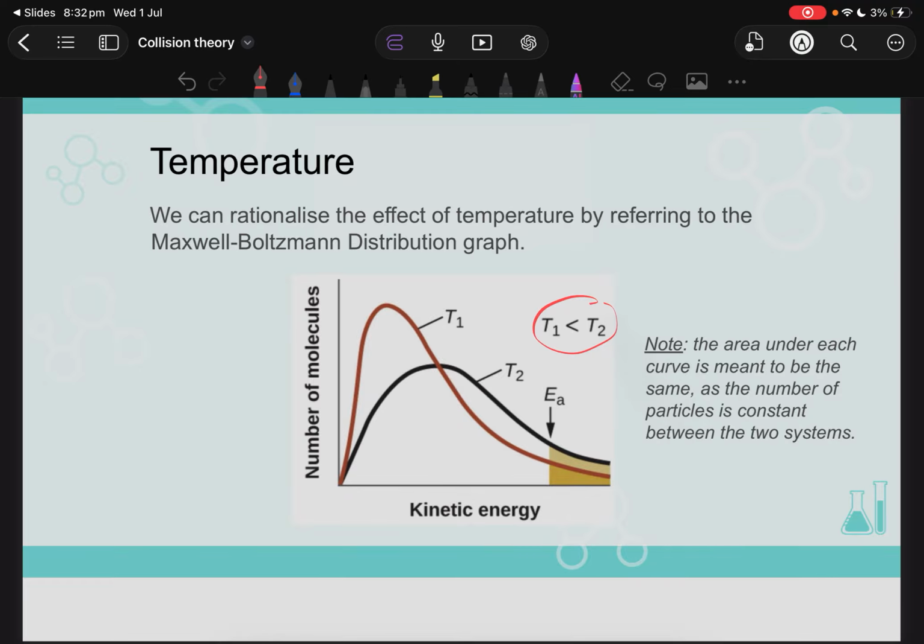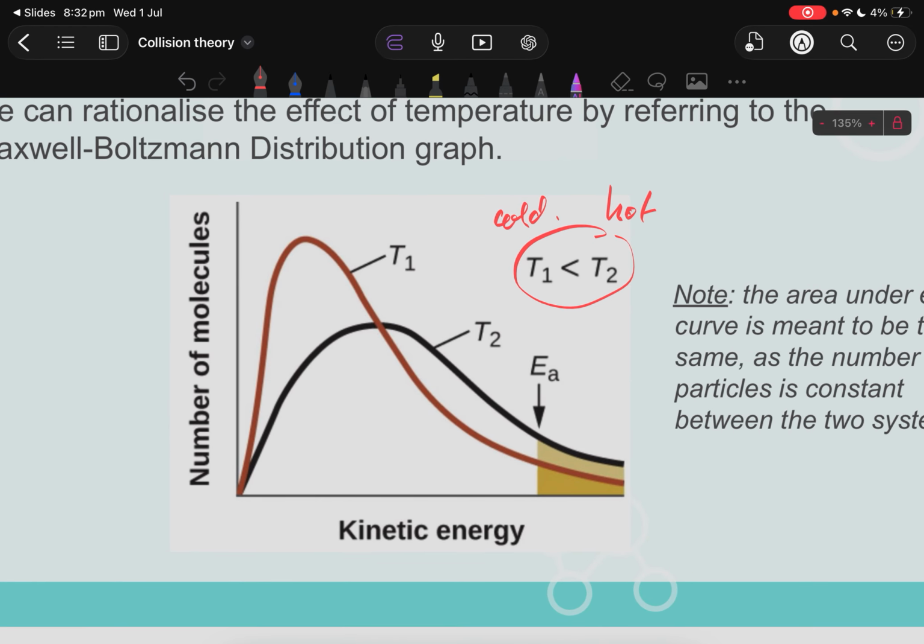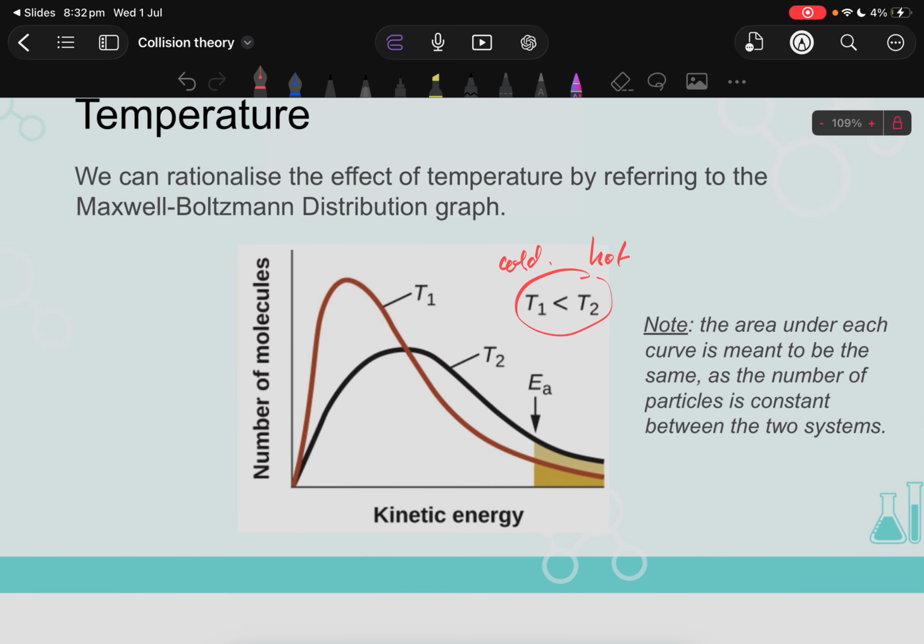So here we've got temperature 1 is less than temperature 2. All right, let's look at temperature 2. This one, temperature 2, is going to be hot, and this is going to be cold, right? Common sense. I heat up my particles. My particles have more kinetic energy now because they've been heated up. Well, does that affect my activation energy? No. My activation energy,